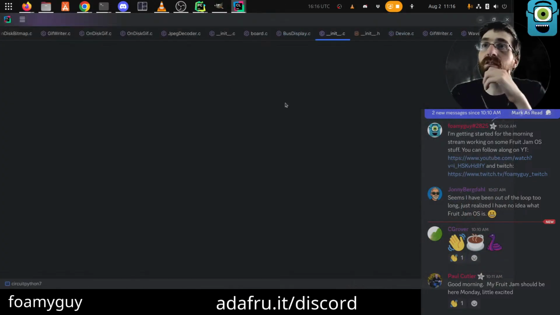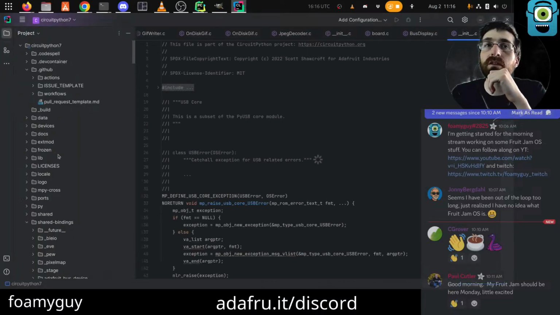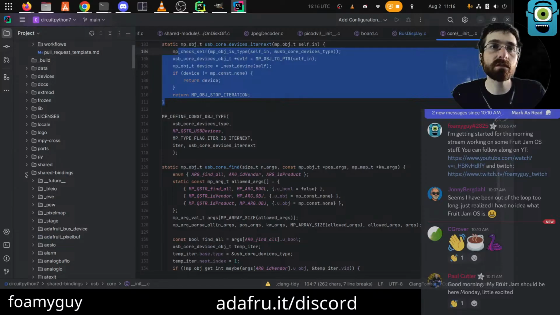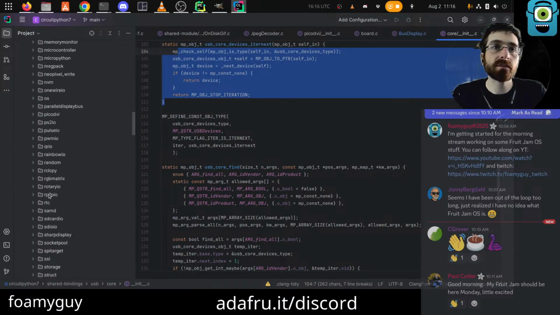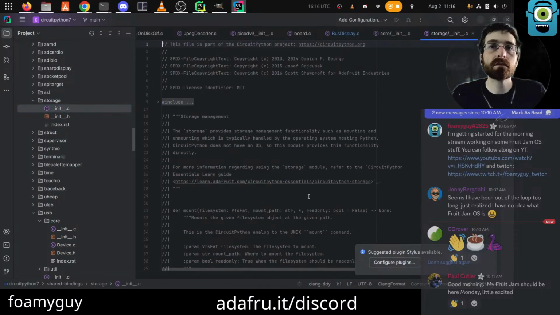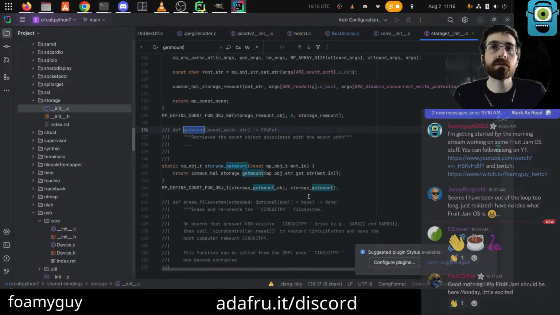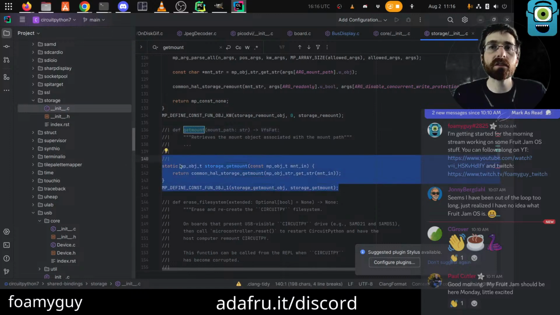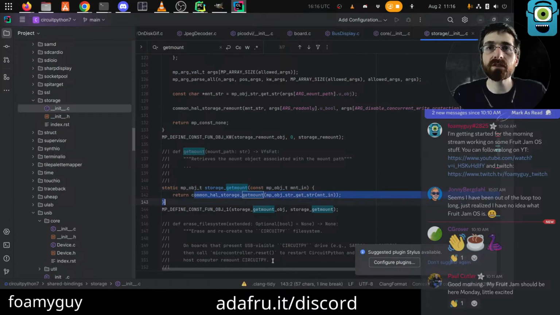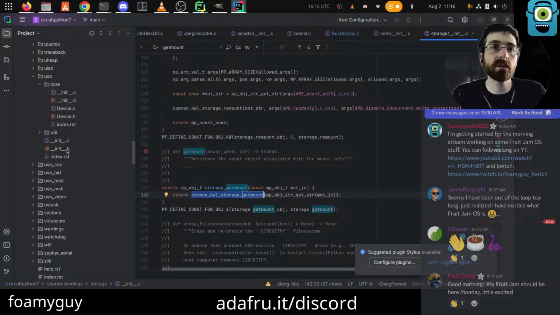Take another slight detour into the core code land. Begin at the bottom of what that's talking about. Usually the validation happens here, but instead it's just literally calling straight through to shared module, common hal storage get mount.